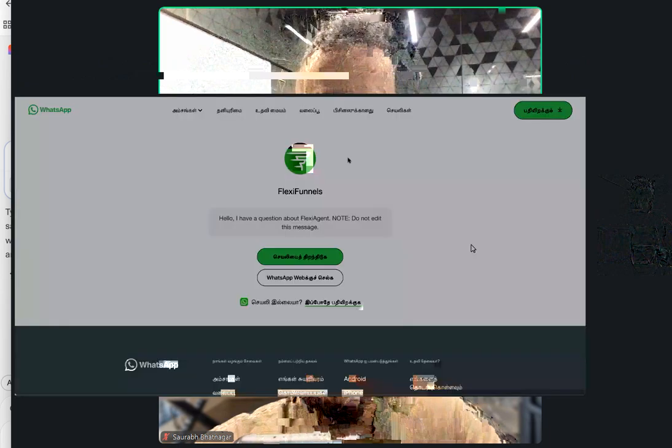Okay, so if I click on this button, start chat, it is then going to take me to the screen. If I'm on my phone, then WhatsApp is going to open directly. But here, since I'm on my laptop, this kind of message is going to come. Let me try again. Okay, so the chat has now opened with a pre-filled message which says, "Hello, I have a question about Flexi Agent." Do not edit this, so that the user doesn't edit it. And as soon as I click on send,